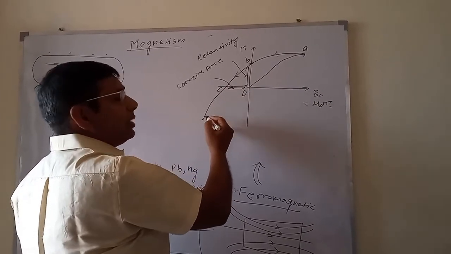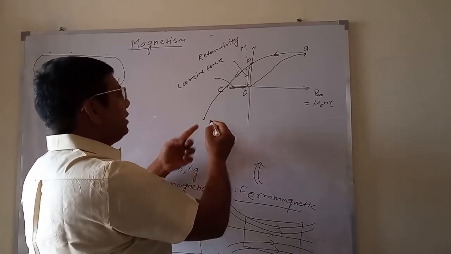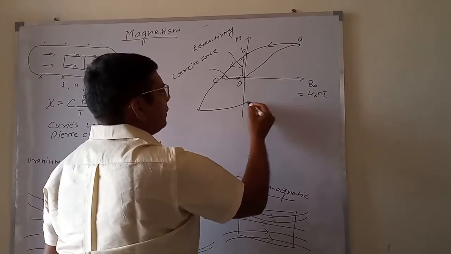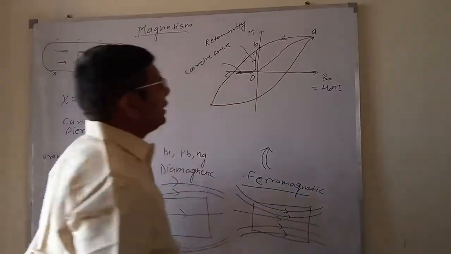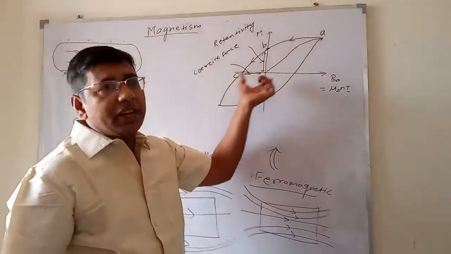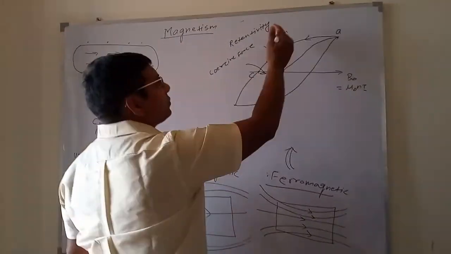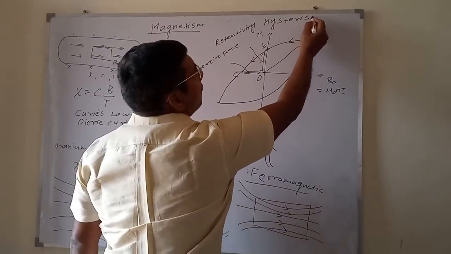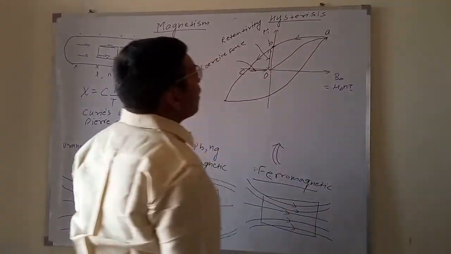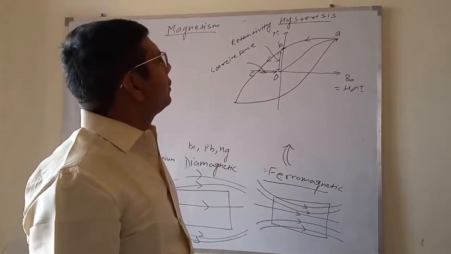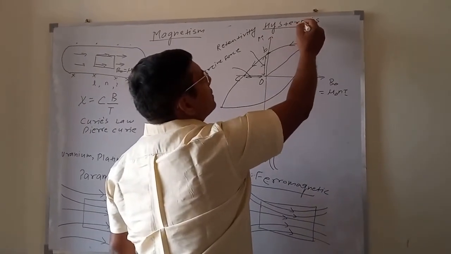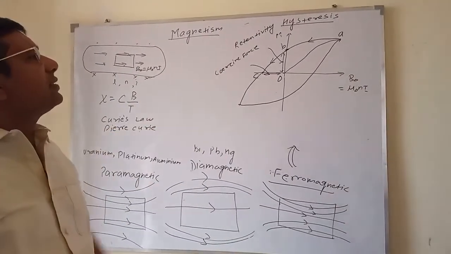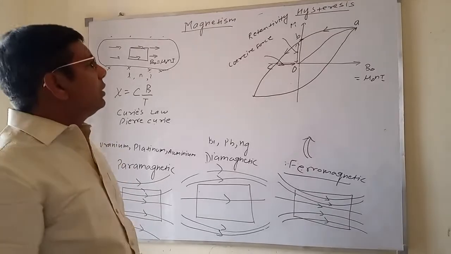In the same way, if we go further, after a certain time we reach here where there is no appreciable change in magnetization, and in the symmetric way, we reach this one. So this curve is very, very important. Now we will define this one. This will be called hysteresis. Okay, so this is the hysteresis curve.